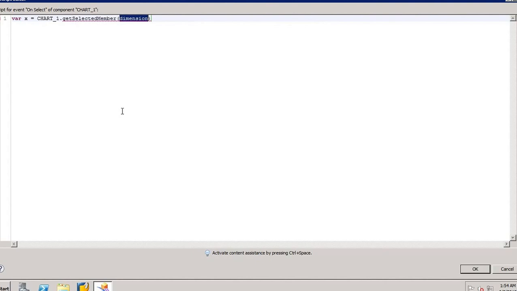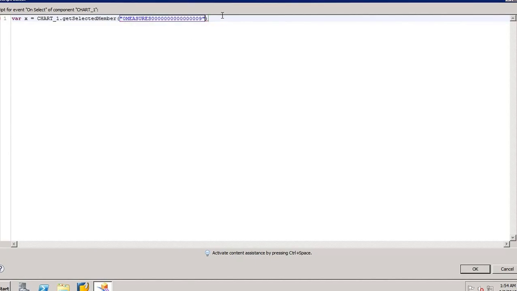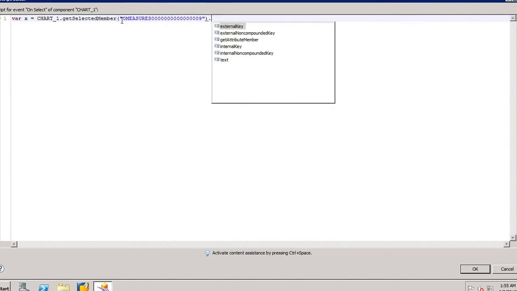It asks for the selected member of what dimension you want. The dimension which I have listed in the x-axis is the key figures. So I will go with key figures, and this get selected member returns the member object. Inside the member object you can get the key, external key, and the text format of the selected member.